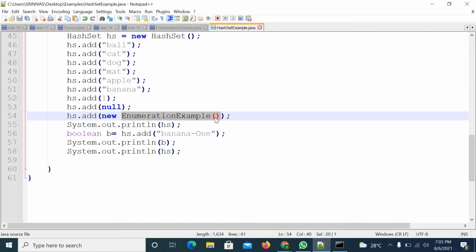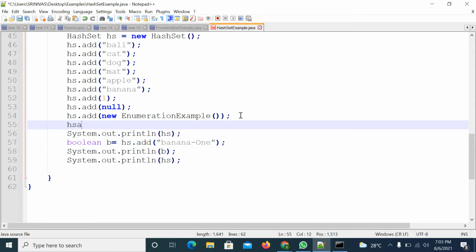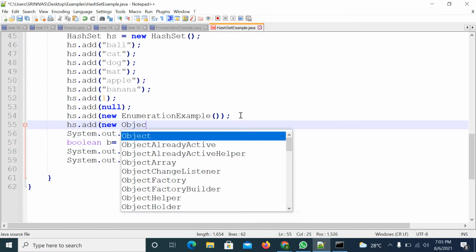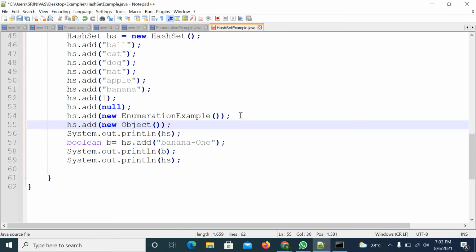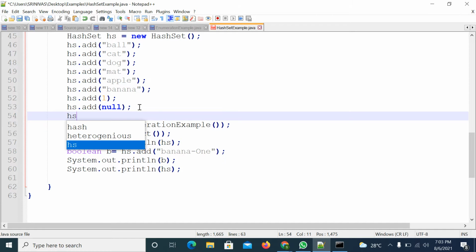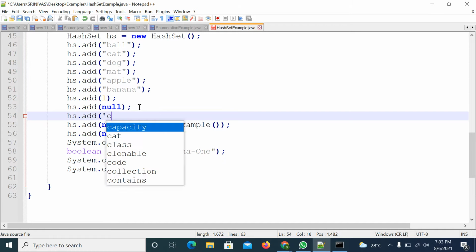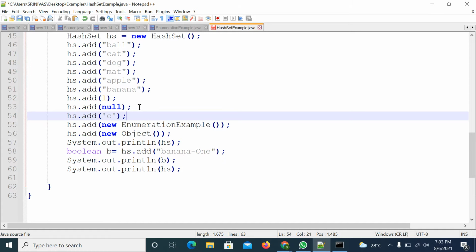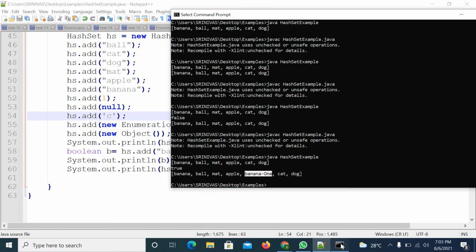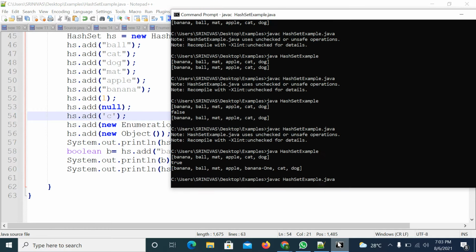I'm adding yesterday's class example, that is an enumeration example. I created an object for this and I am trying to add that object, and some other also. hs.add of some new object. So this means I am adding different kinds of data. If you want, you can add a character also, like this.